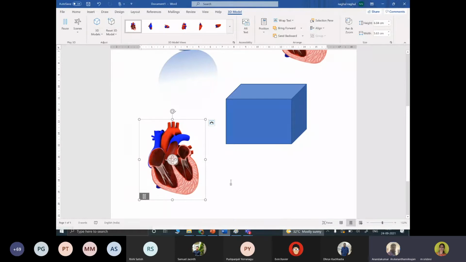Is my screen visible? Yes, ma'am. Can you see this pumping of the heart? So what kind of transformation is applied here? Whether any transformation is involved in this?